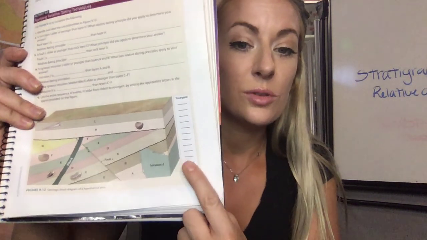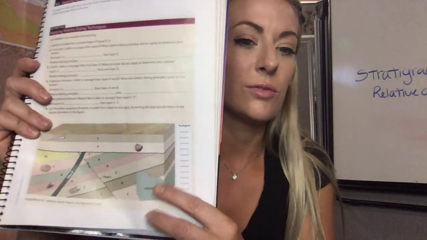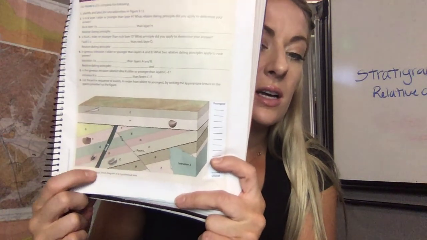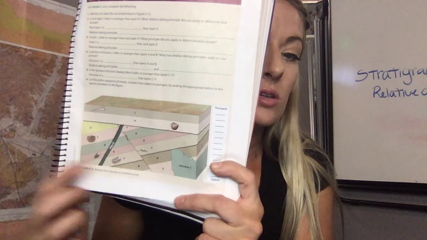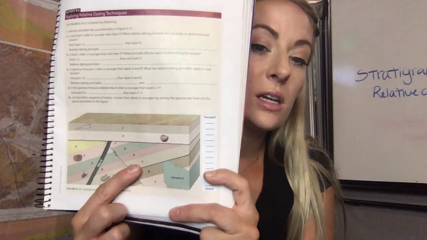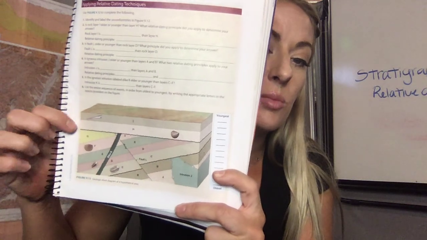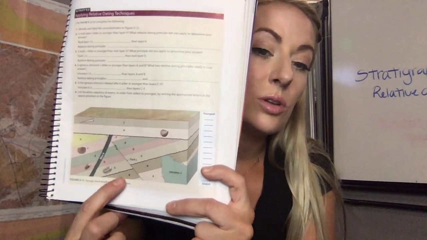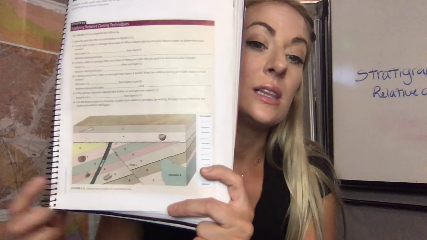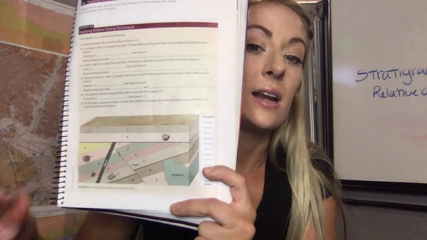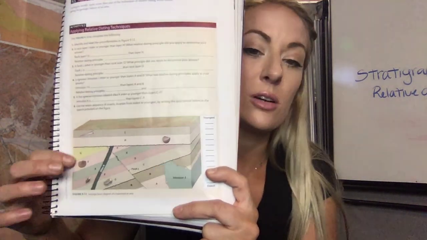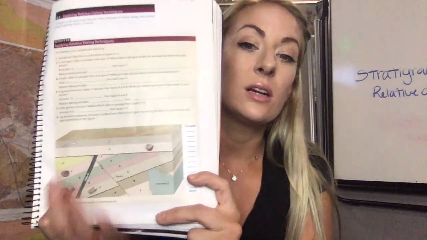So you look for intrusions, you look for inclusions, you look for cross-cuts. Here we have a dike cross-cutting these horizontal layers. You look for unconformities. That's what this bolded squiggly line is here, and the bolded squiggly line up here is. You look for faulting activities. You can list the fault line. If it says fault 1 or 2, fault A or B, you would list those in your layers of oldest